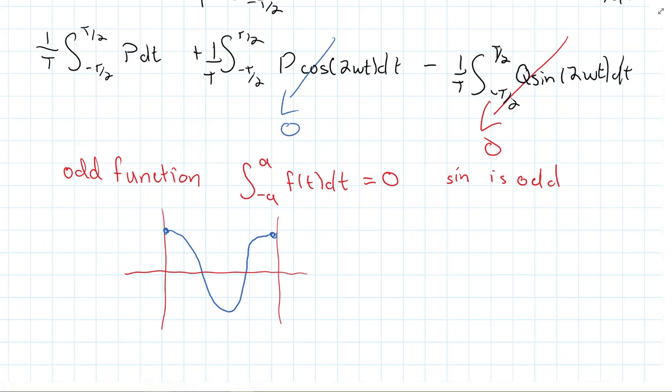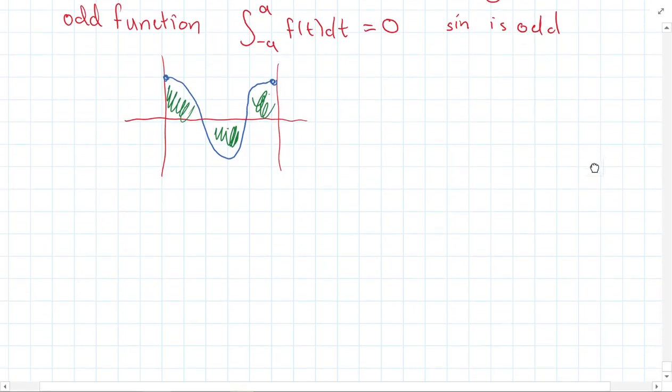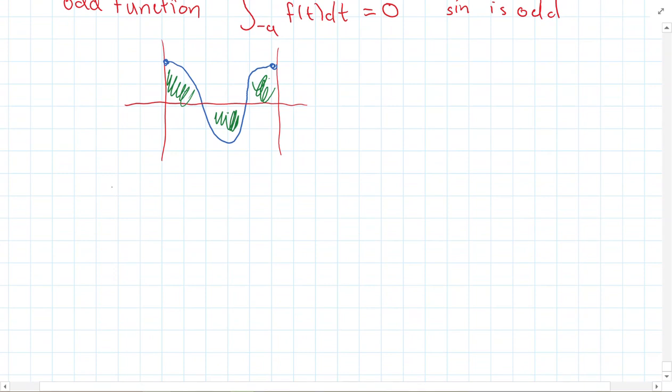If I integrate over one period, I've got this area here, and that area, and those down there, but they're all exactly the same. So they're positive, positive, negative, and they cancel each other out. And so we get that integral goes to 0. So really, we're left with a very simple integral of the average power